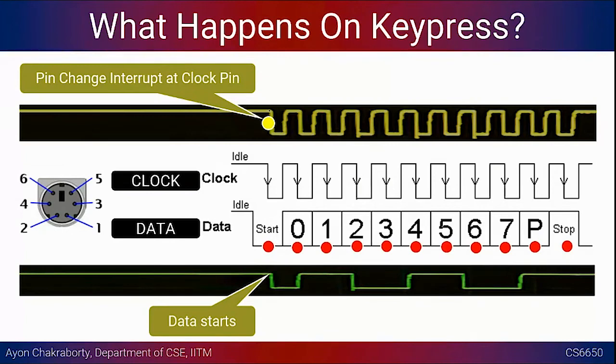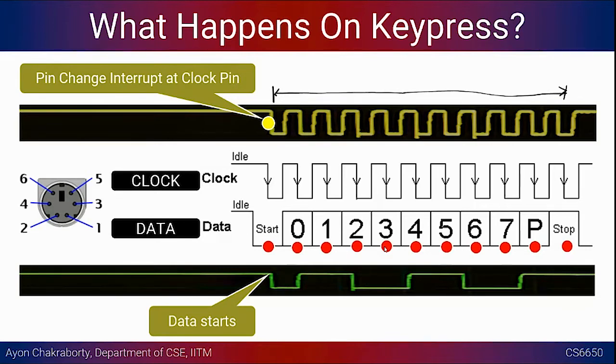So this was always high, and whenever the key press happened, it is going to do the transmission, and the data transmission is happening for all of this frame. So this is the exact time when the PCINT interrupt will be raised, and whenever it is raised, all we want to do is check for the 11 consecutive bits that are going to come, because it is already pre-decided that 11 bits are going to come and we need to read them one by one.